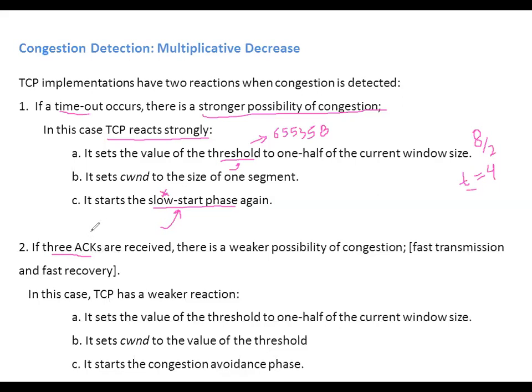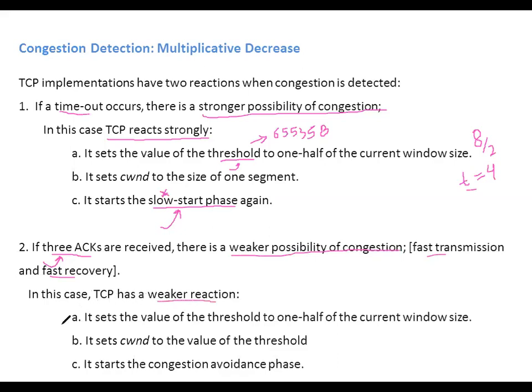Okay, so that is why, as per the acknowledgement number, it becomes a duplicate acknowledgement. We had discussed in the previous video that when the sender is receiving 3 duplicate acknowledgements, then also there is a possibility of congestion, but this is a weaker possibility of congestion. That is, out of 4 segments that were sent by the sender, only 1 segment was lost. The remaining 3 segments the receiver received successfully. That is why the receiver sent 3 acknowledgements, isn't it? This is called the fast retransmission and fast recovery policy. So this is a weaker possibility of congestion, so TCP will be reacting in a weaker form.